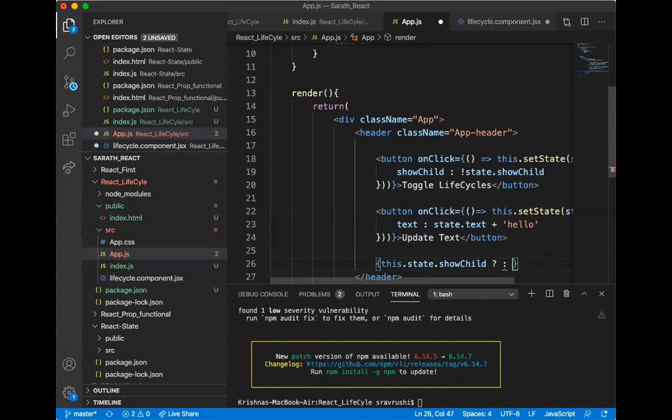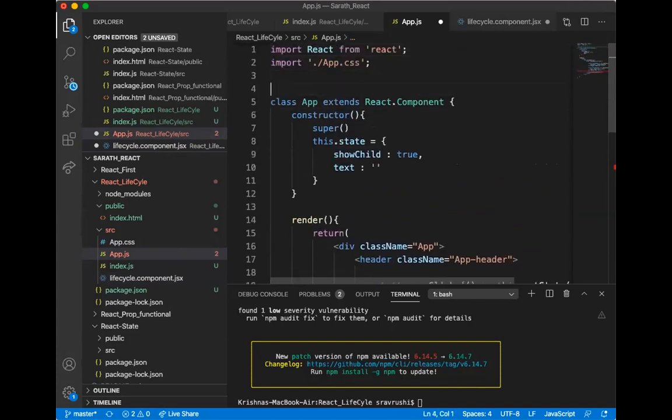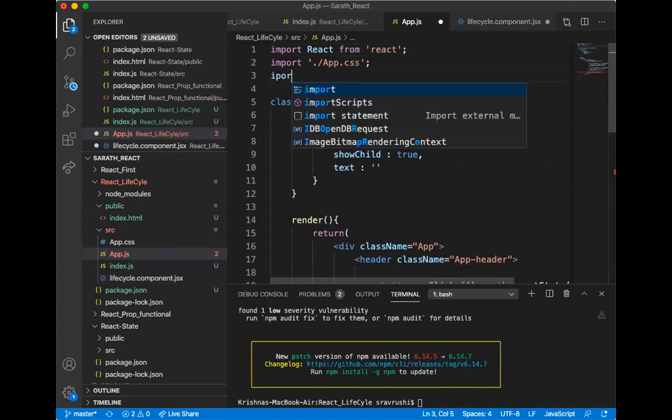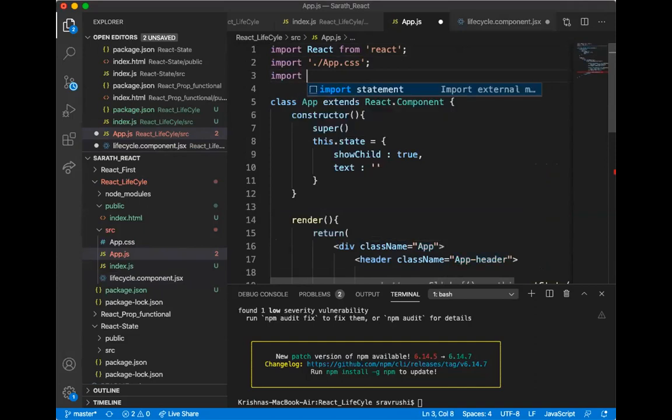I have to import these life cycles above, like import. Okay, I am importing life cycles from the life cycle component.